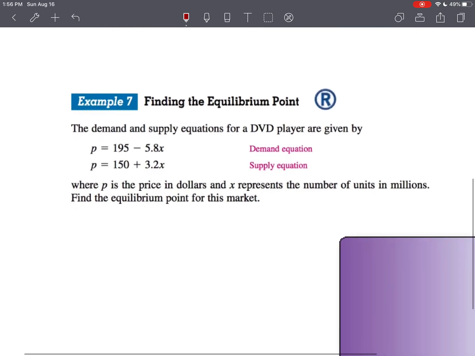So we want to get that price right, and we want to get the quantity that we can keep up with correct as well. So the demand and supply equations for a DVD player are given by